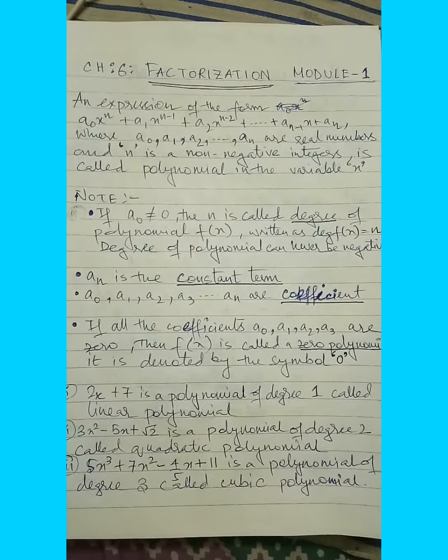Suppose I divide 10 by 2, what will we get? Will we get any remainder? We will not get any remainder. Suppose I divide 9 by 2, I'll get a remainder. But if I divide 10 by 2, it will not give any remainder. Now from here, if it is coming 0, that means we can confirm that it is a factor theorem.